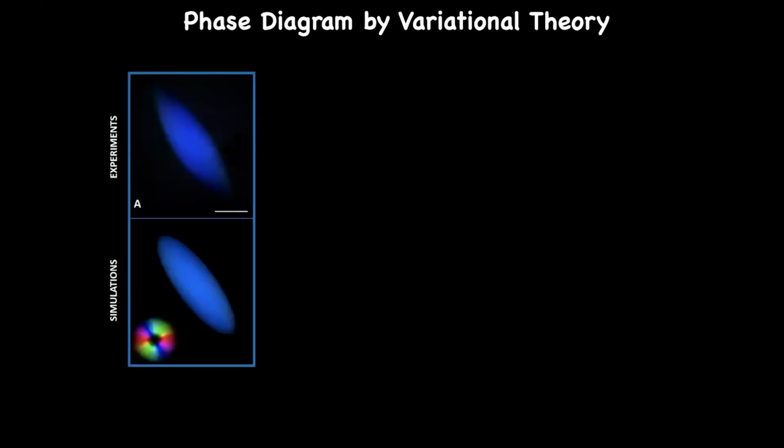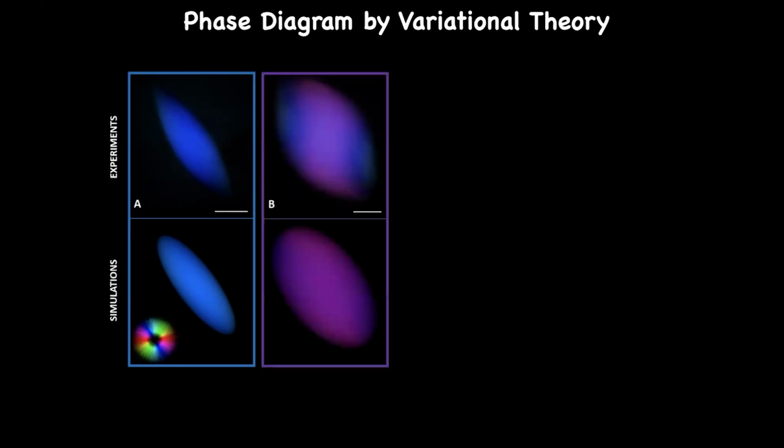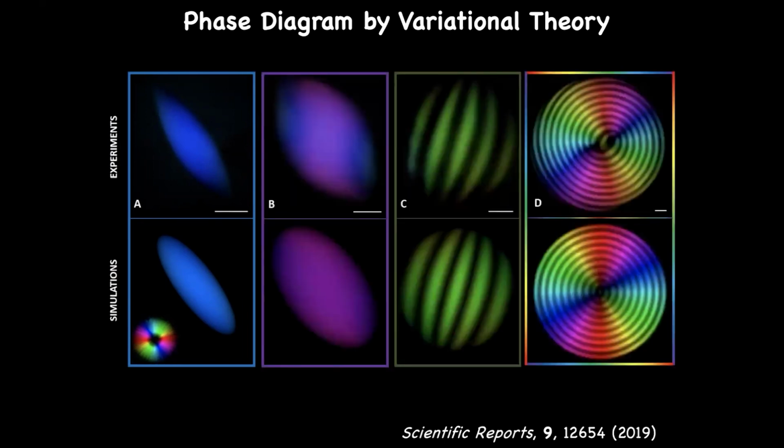So here we had a PhD student who was reconstructing the phase diagram with variational theory. And you see, this is the reconstruction done with the Jones matrices and the theory there, and it works very well. So we can reconstruct in simulation pretty much what we observed in the experiment. So now what I want to say is that, yes, we do understand the physics now very well.